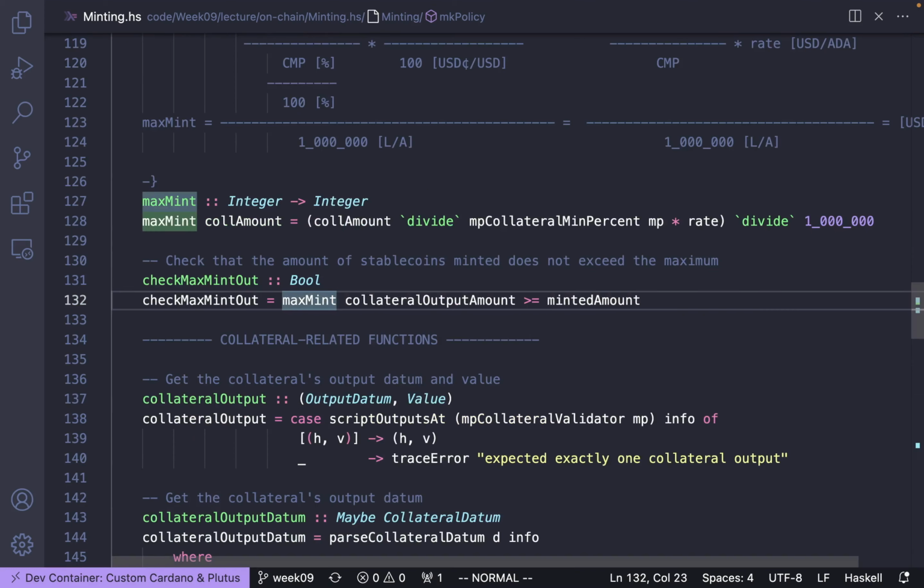Once we get the datum, we can use it to calculate the max mint that we use to check that the minted amount is smaller or equal than the max amount. That was one of the most complicated checks we needed to do, maybe the most complicated. And finally,